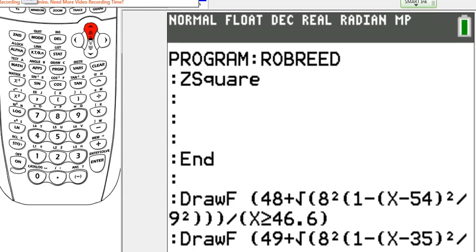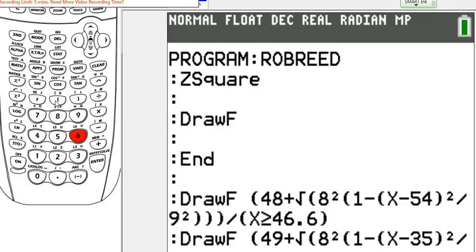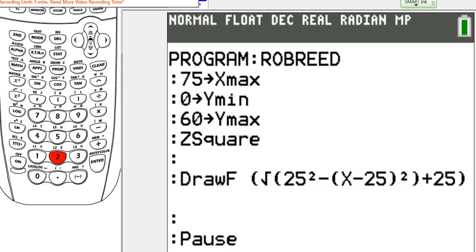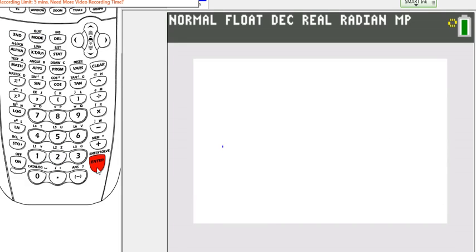Alright, so a couple more tips for you. Let's say I'm trying to graph a full circle. So draw F and then the equation of your circle. So I've entered my equation of a circle with a radius of 25, and it's shifted to the right 25 and shifted up 25. So let's say I'm trying to do a full circle and I hit enter and I